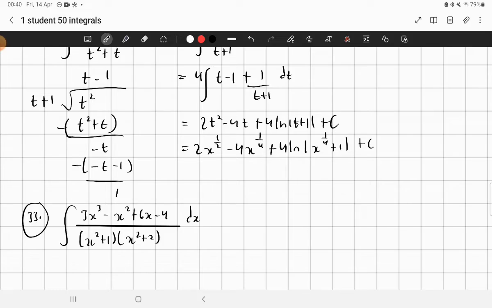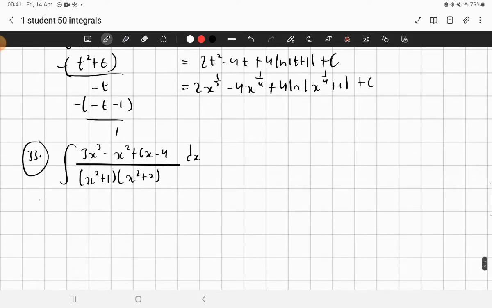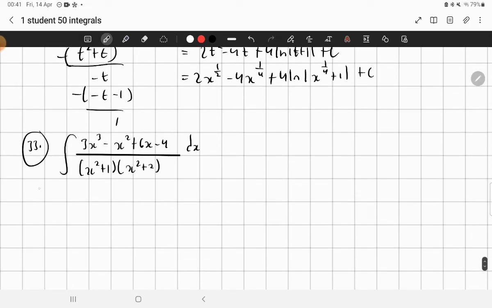I am sighing right now because this is going to be a very tough one. The best approach. Okay. We have the integral. I'm going to do a partial fraction first. So 3x^3 minus x^2 plus 6x minus 4 divided by